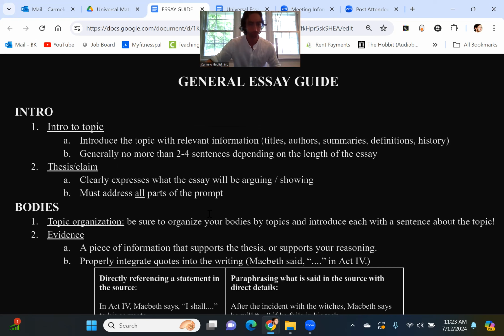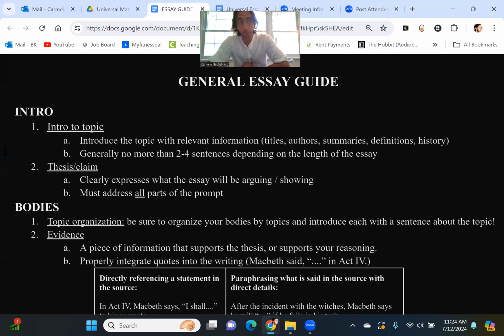To begin, we need an intro paragraph. What is the purpose of the introduction paragraph? It is basically two things. First and foremost, you need to give your readers, the people who are listening to you, some sort of introduction as to what you are talking about. Usually if we're writing about a piece of literature, you want to tell us what the topic is, with some relevant information around it. So if it's a book, you tell us the author, the title, what the book's about, all that sort of stuff.